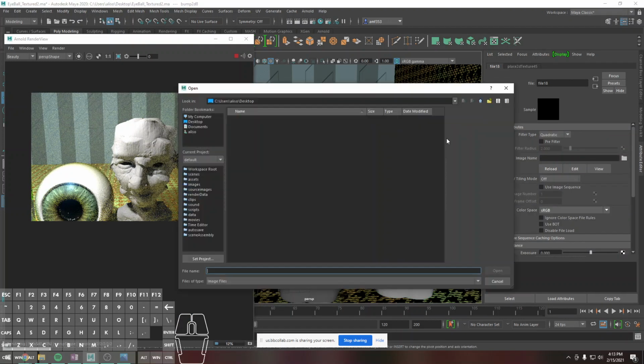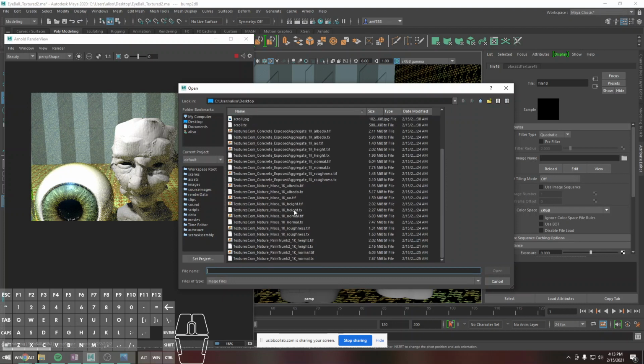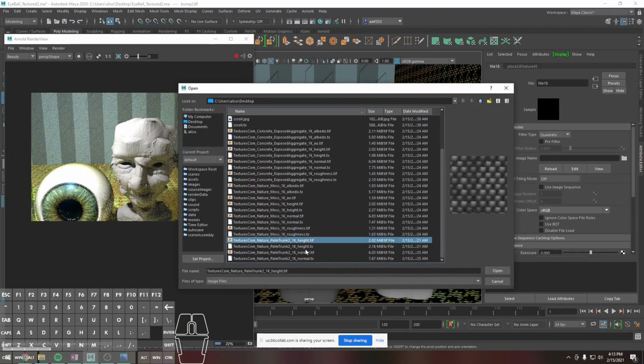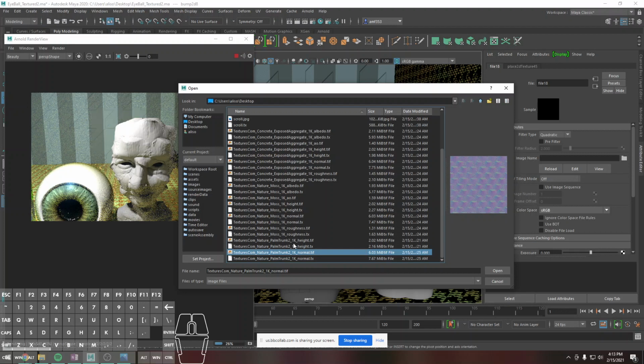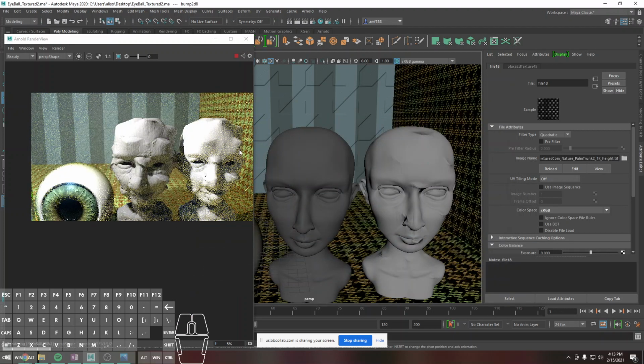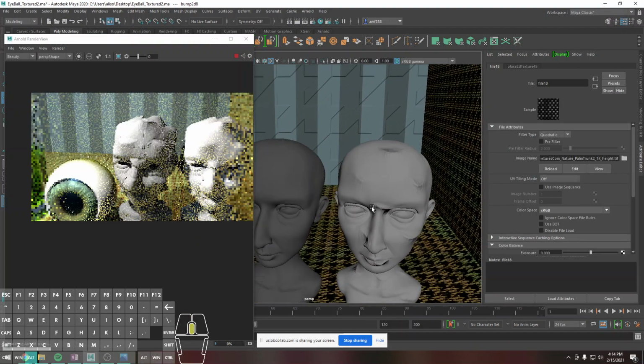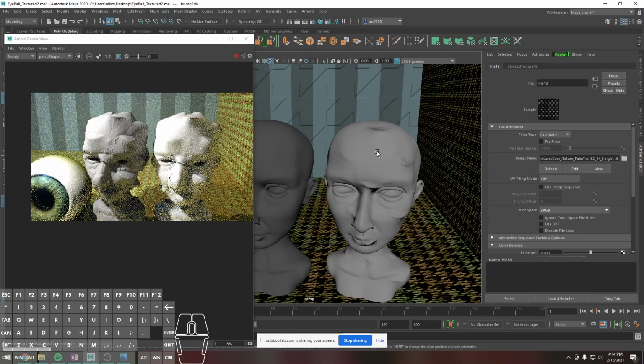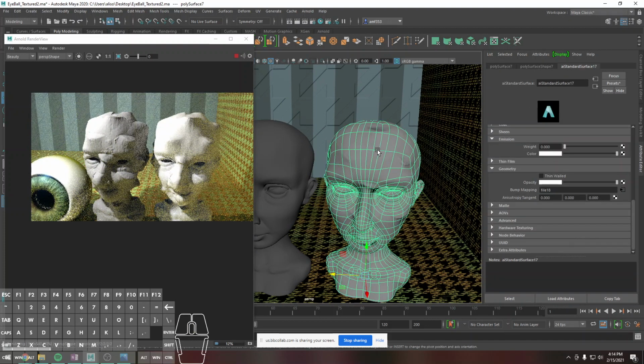Just leaving all my values as standard for the bump maps. This is something I grabbed from CG Textures. Like I said, I just grabbed a random thing that looked like it had a lot of texture to it. So you'll notice that